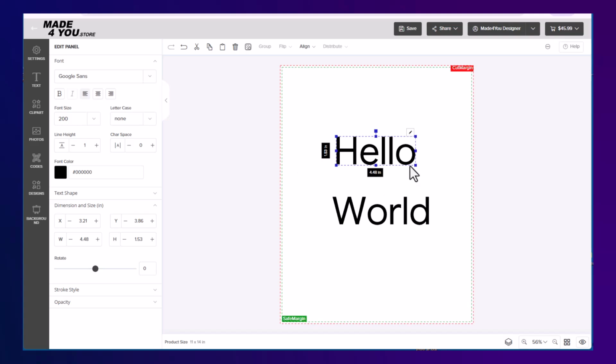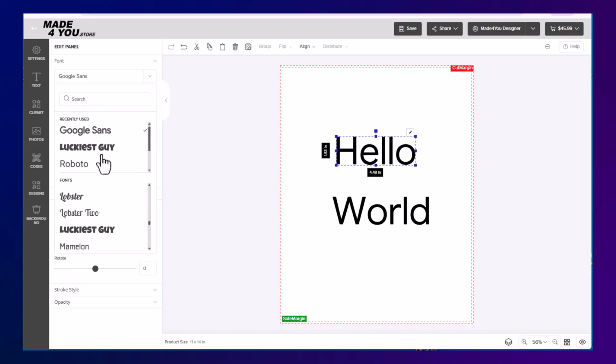If I want to change this font from Google Sans to something else, I simply select the font, go over here to the pull down, and what you'll see under fonts is we have hundreds of fonts here. Most of the fonts we use are pulled from Google, which gives you the right to use them personally and